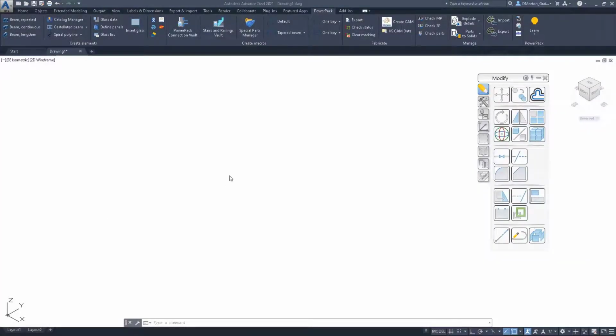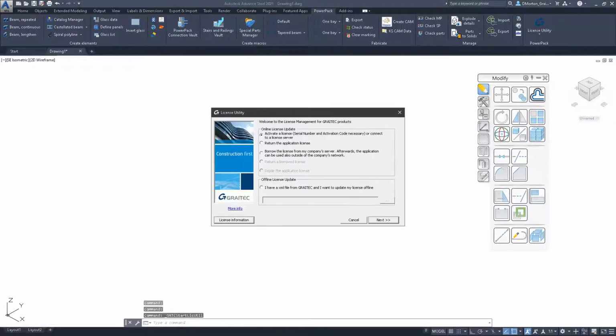With the 2021 version of PowerPack for Advanced Steel, along the ribbon at the end, you're going to see PowerPack. It'll look like a little light bulb by default, but there's a drop-down underneath. Left-click on this, and you'll see the license utility. Selecting the license utility will bring up the dialog,